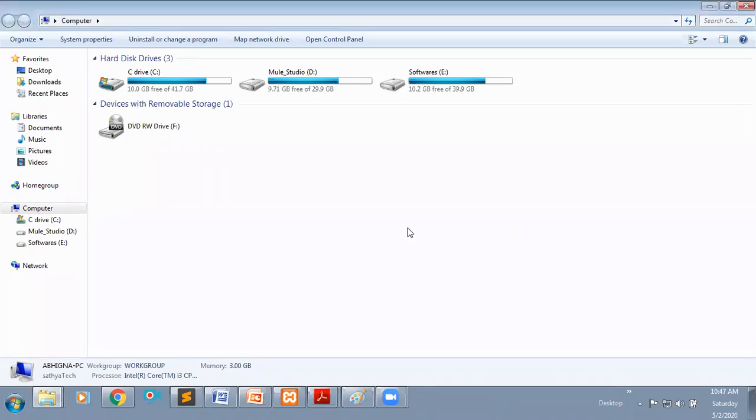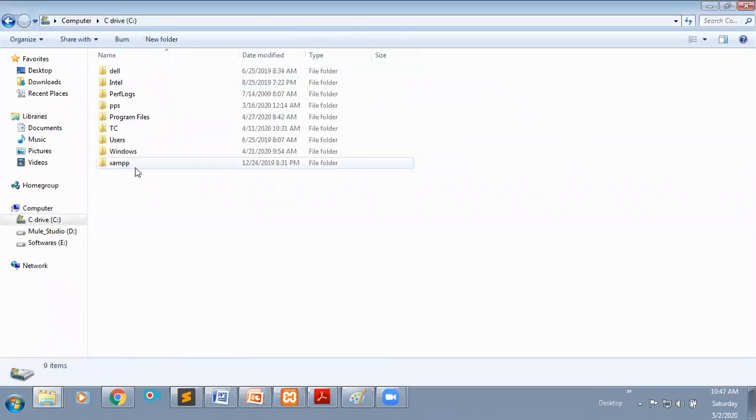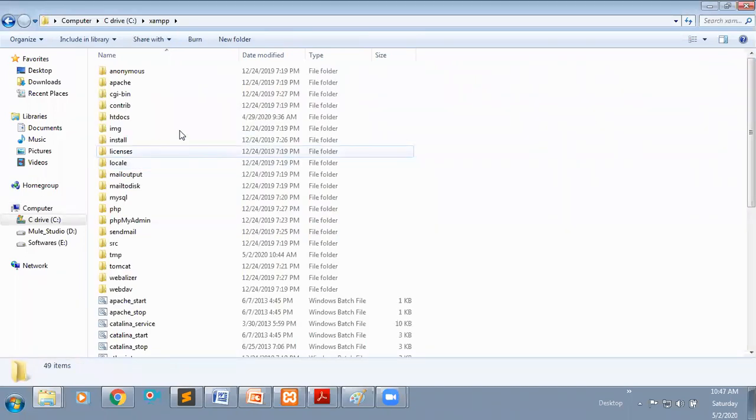Okay. Actually, where my server is installed within my local disk, you can see the XAMPP folder. While installing XAMPP, it includes all the software like Apache, MySQL, PHP.